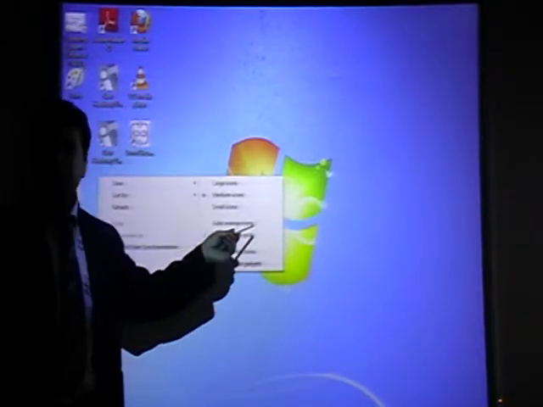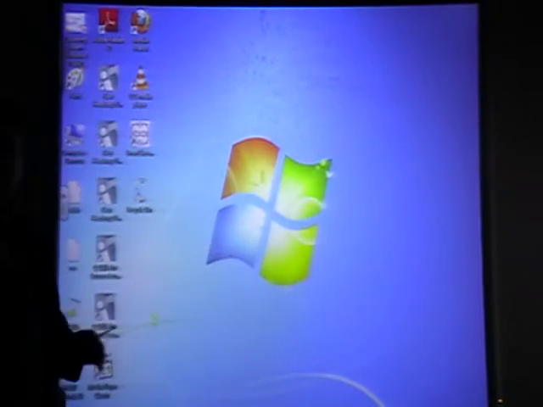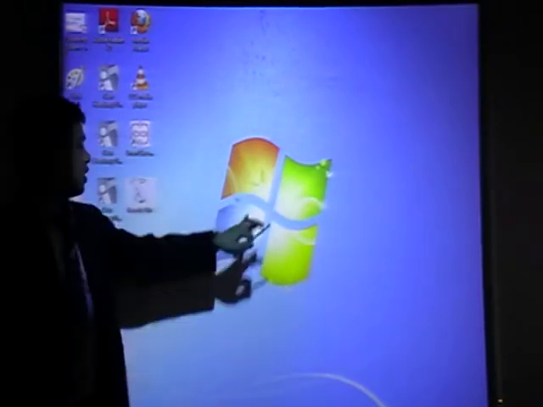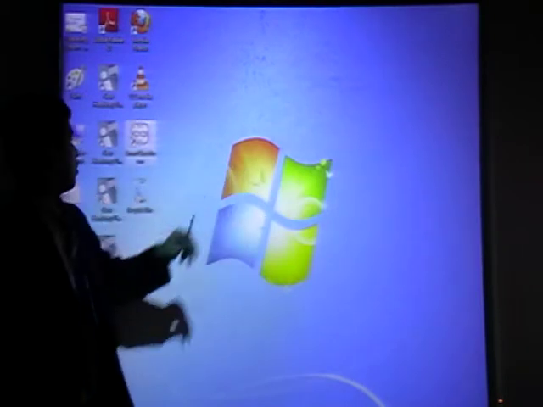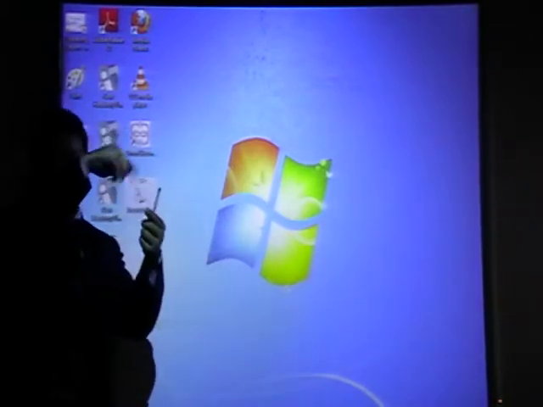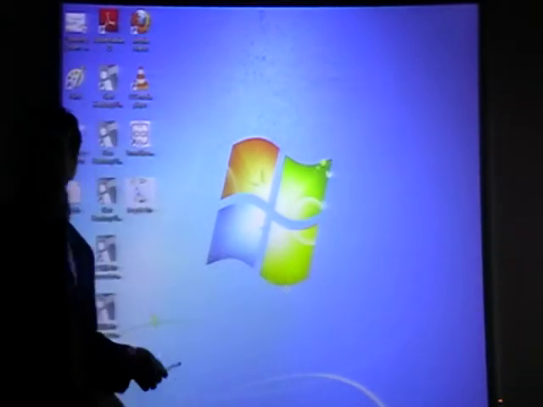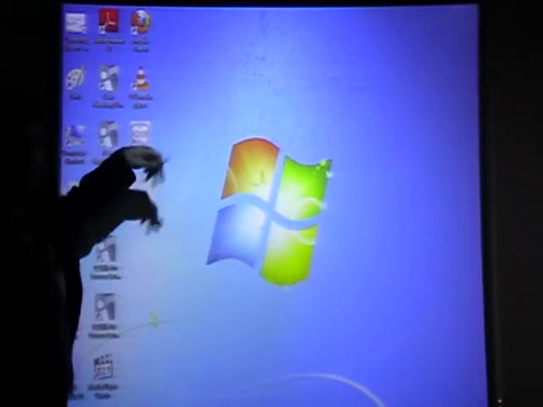Can you see Auto arrange icons? Click. It means if you put an icon anywhere, it will come automatically back here. If it is checked, you cannot put it anywhere. If it is unchecked, you can put it anywhere. This is the use.